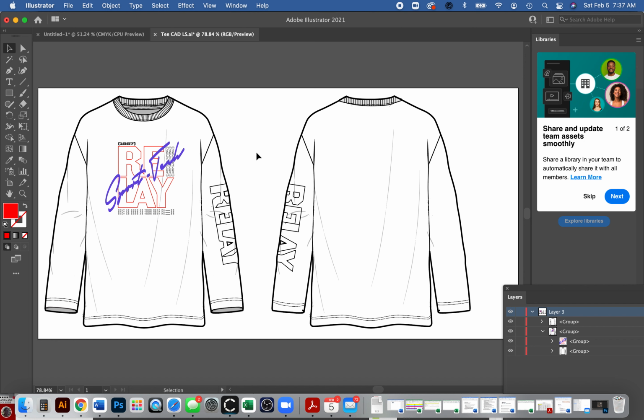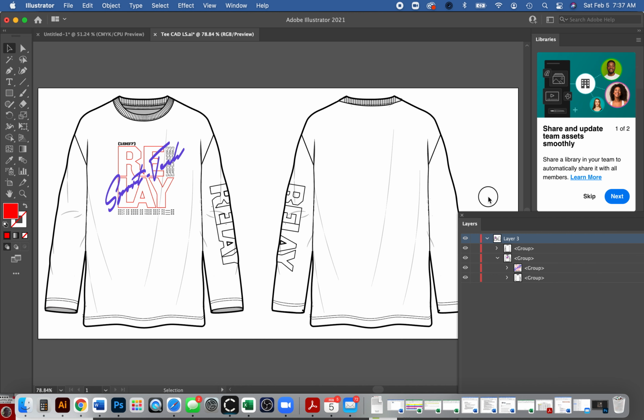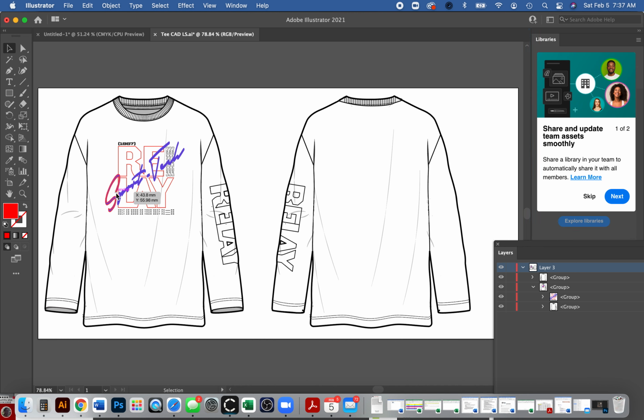This will be my refresher about copying and pasting things and moving things on the layer by doing copy and paste. So let's say for some reason I actually don't want this thing that says sport, whatever that says. I don't want it there anymore, and instead I want to move it to the back.